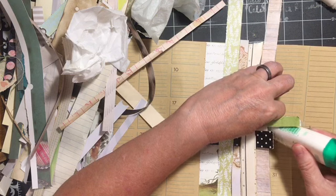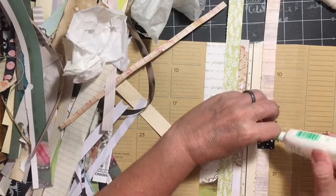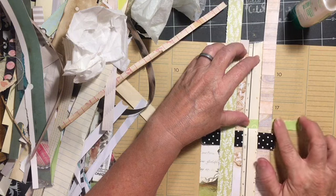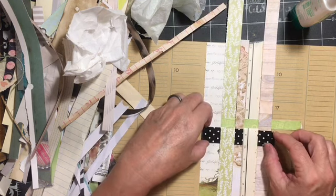I'm going to close this pocket right here. Okay, closed. Closed for business. Okay, and then we'll come over and we'll lay this piece out. And then